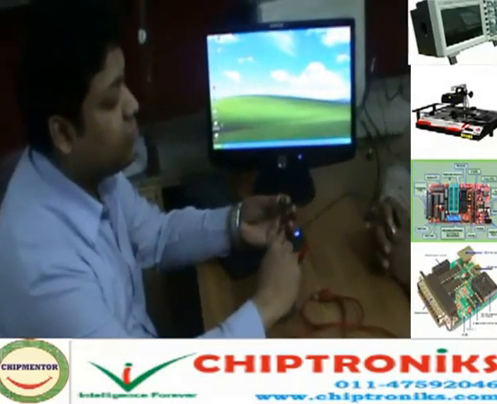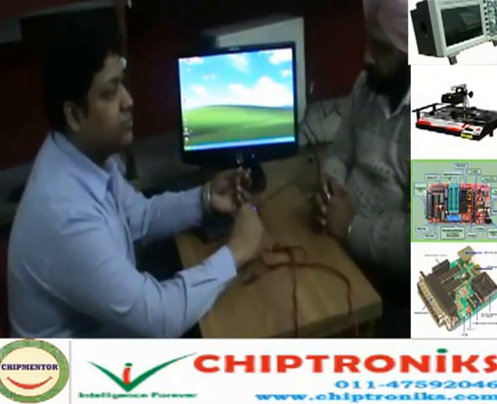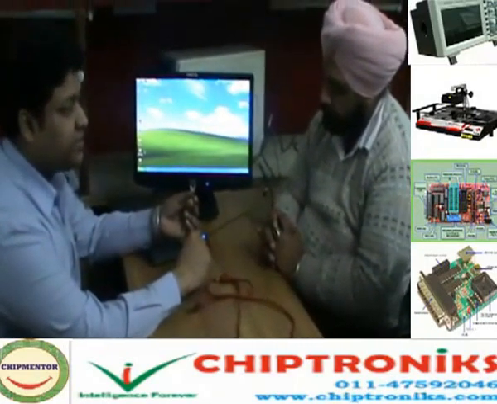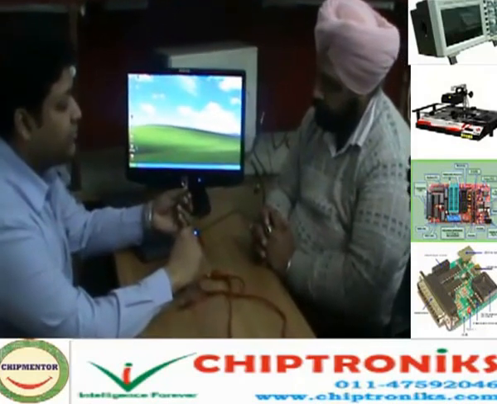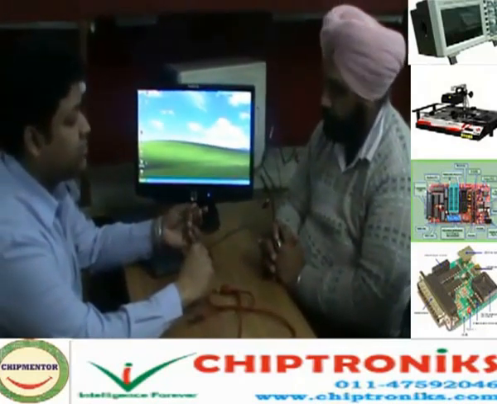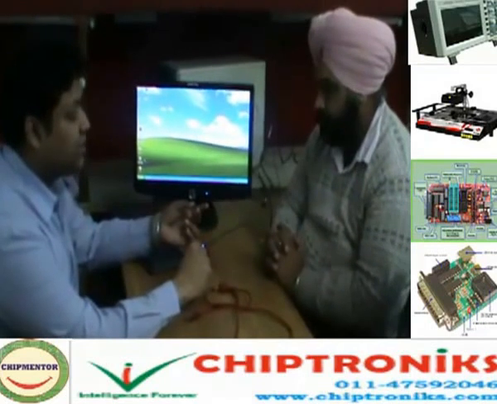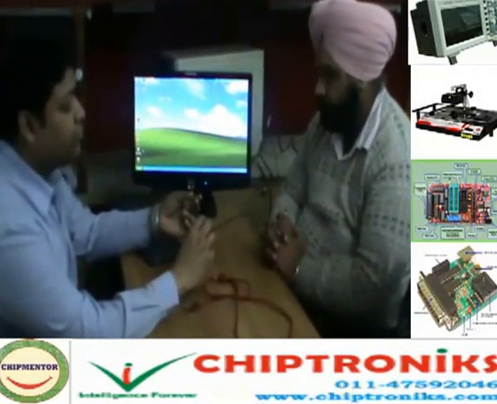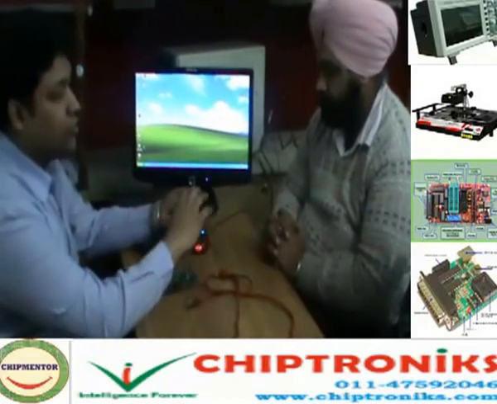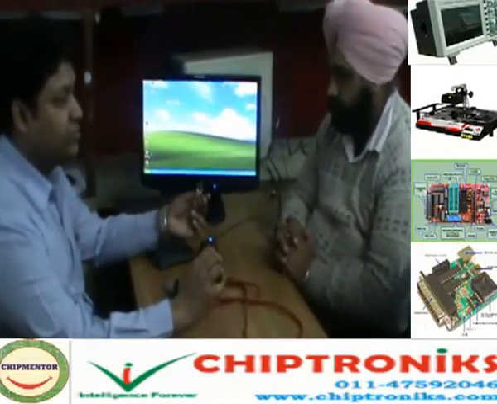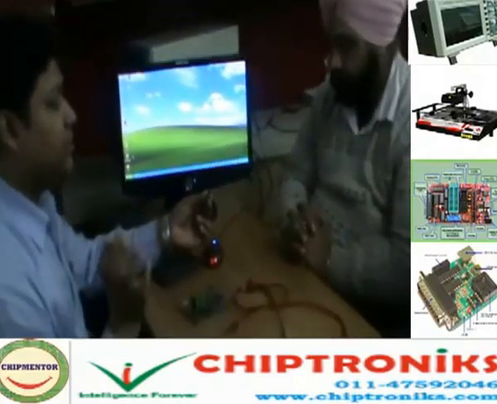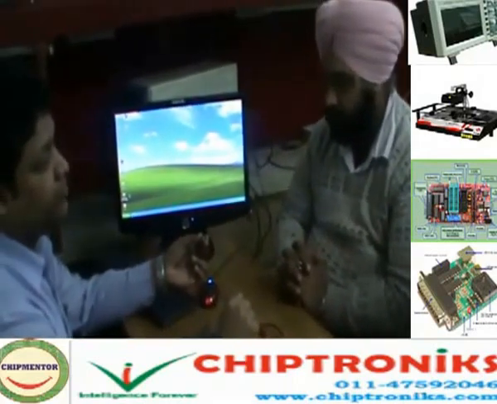Inside the CMOS IC there are three programs. The first one is your BIOS, basic input output system. The main function of the basic input-output system is to generate a diagnostic test. That test is known as POST. The purpose of POST is to detect all the hardware inside your motherboard, and after detecting the hardware, load the operating system.